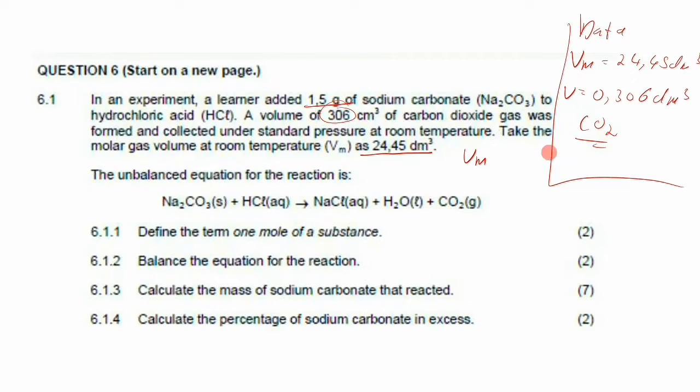So now having to say that we are given all the information on carbon dioxide, we can now calculate the number of moles of carbon dioxide, and then we have to use our ratios in terms of the coefficients, and then from there on we can calculate the mass that reacted. So I will just have to write that in steps so that you understand, and you can pause the video and follow through with the steps. So step number one, we just calculate the number of moles of